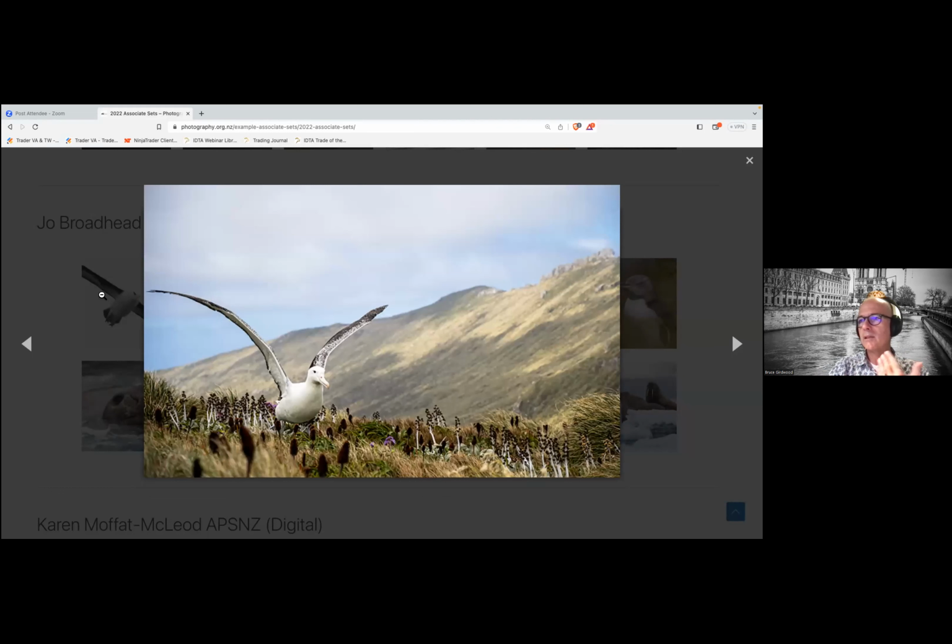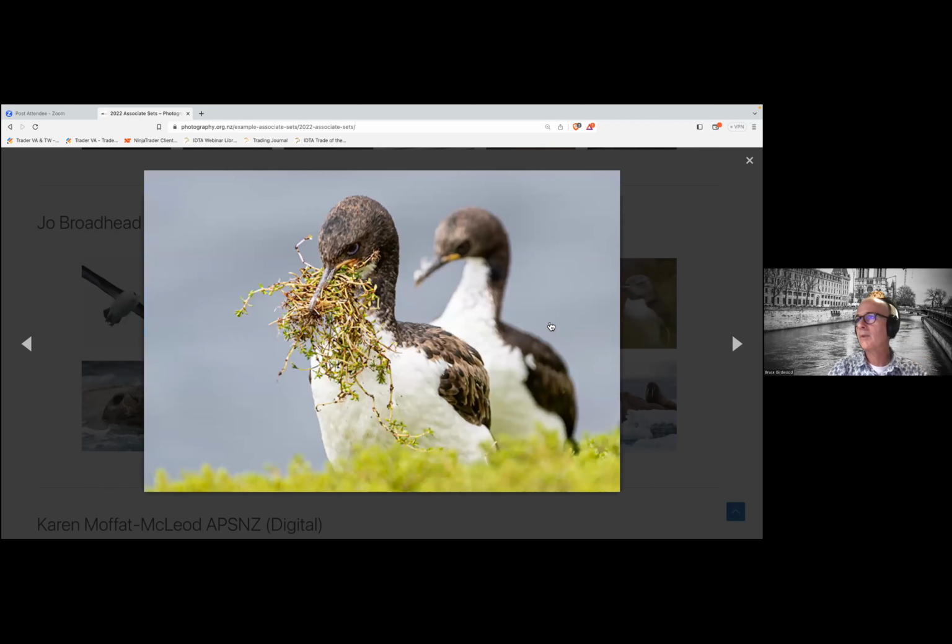So in this image, we can see that Joe is able to show the environment of this bird very nicely as well. And the use of depth of field sort of closes off the foreground, gives it that lovely line across there with the albatross, but puts the background into a bit of a soft focus, which keeps us focusing in on the bird, which is a good technique. And this is showing nesting habits,